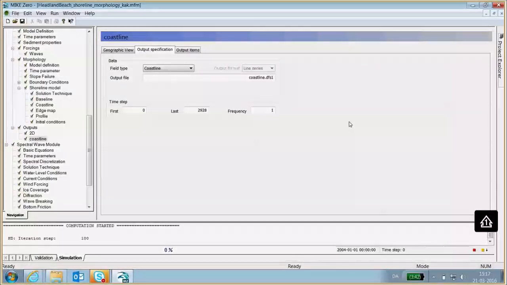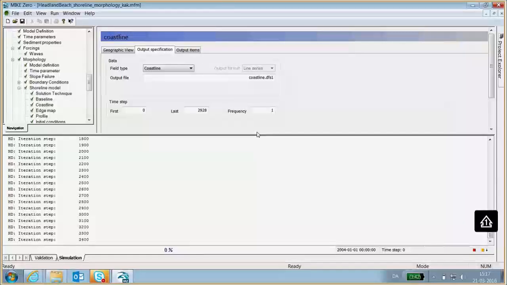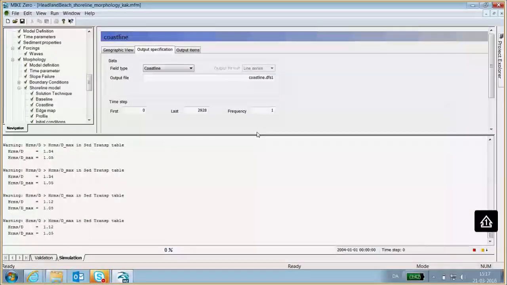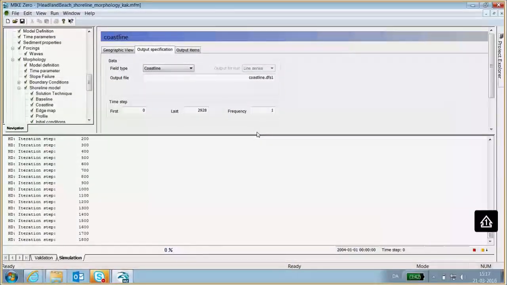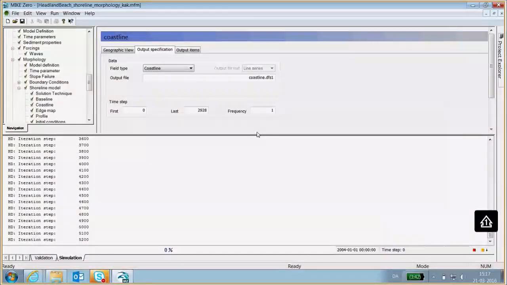So now you can see the model is starting up, and it's running the first time step now. Because we are running with the quasi-steady HD simulation and the quasi-steady spectral wave model, and we have the constant boundary conditions in the wave model, then in the beginning it will take quite a long time for each time step while the quasi-steady solvers are finding the stationary solution.